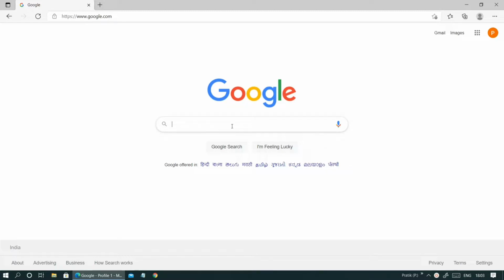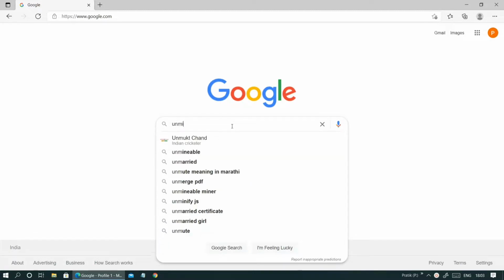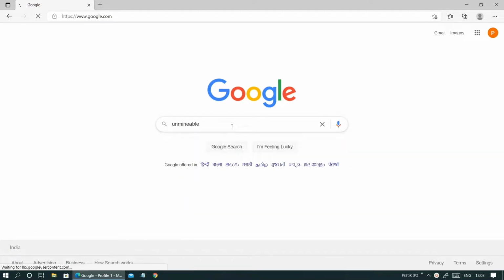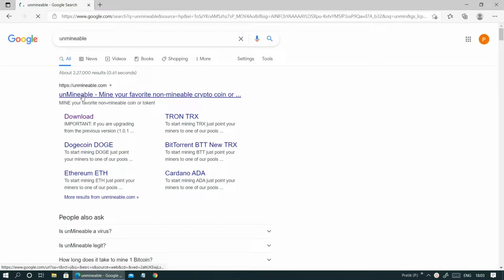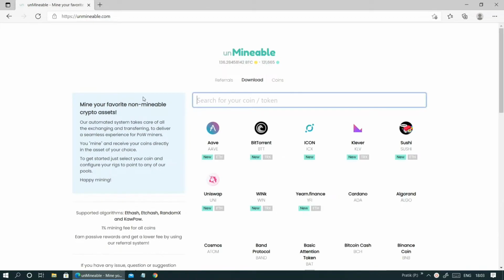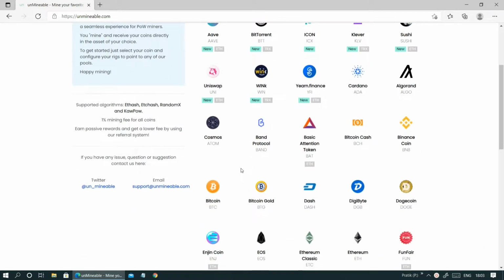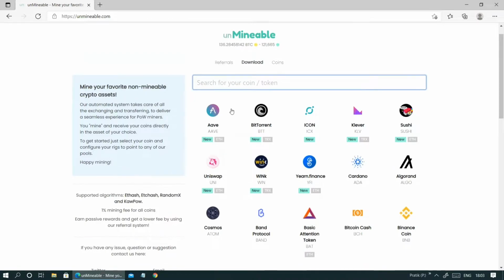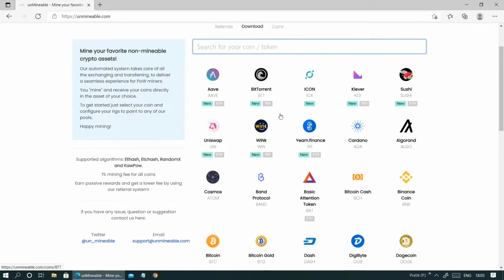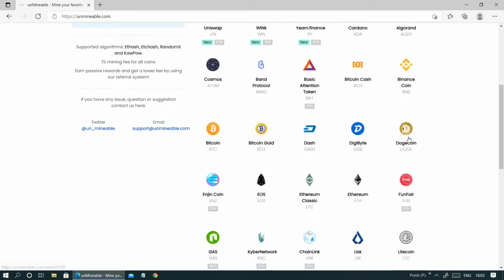First we have to go to unmineable.com. Now from here you can select the coin which you want to mine.